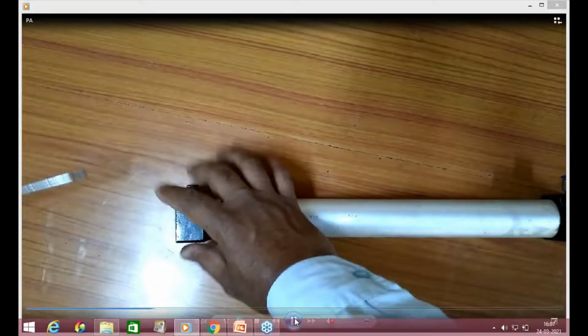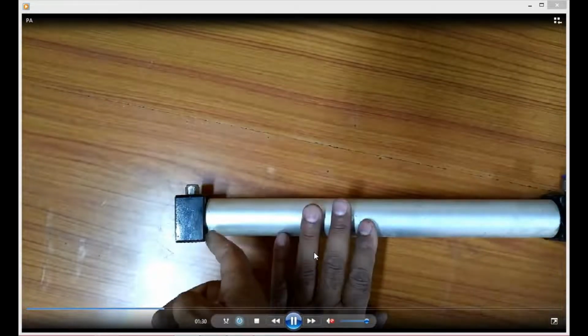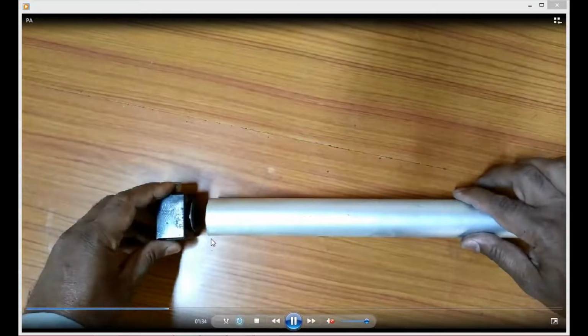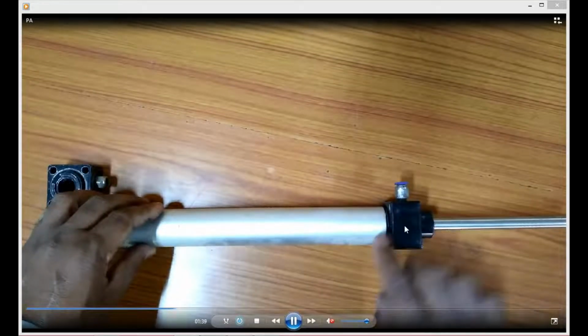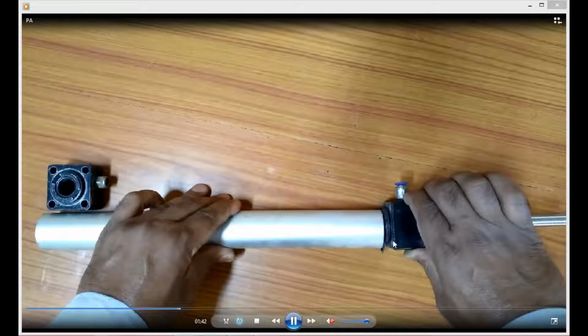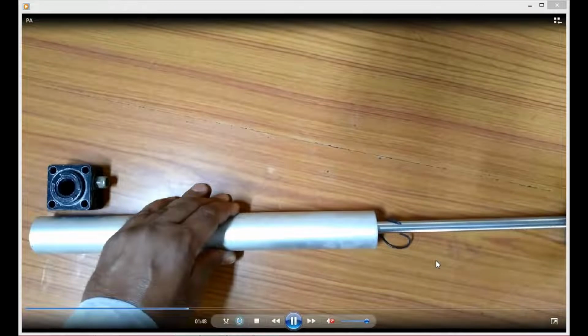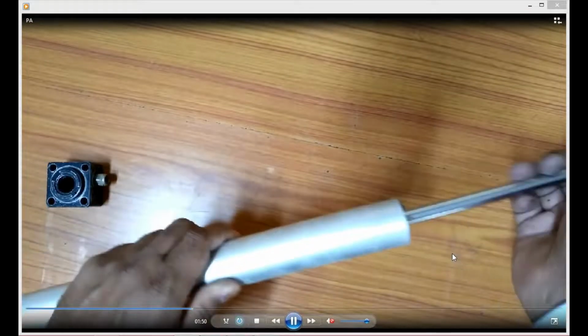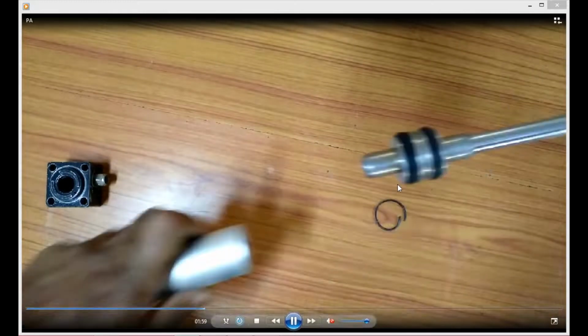After that, how to remove the end cap at this barrel or cylinder? Here you can apply force using a mallet on this side, and it will be removed. Similarly, by using the mallet you can apply force to the open end cap, then it will be removed. Then you can remove the piston rod with some force.